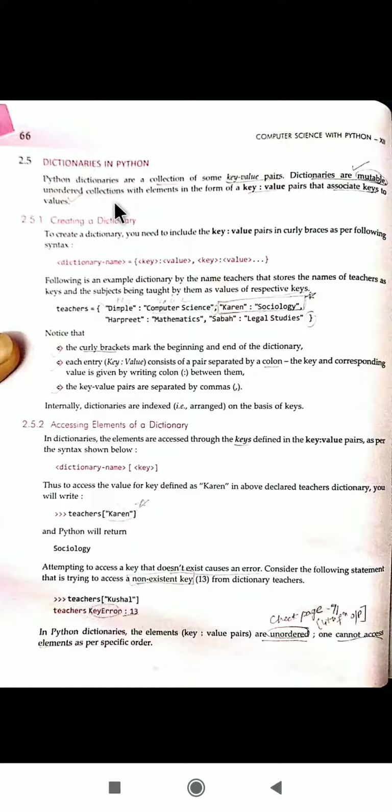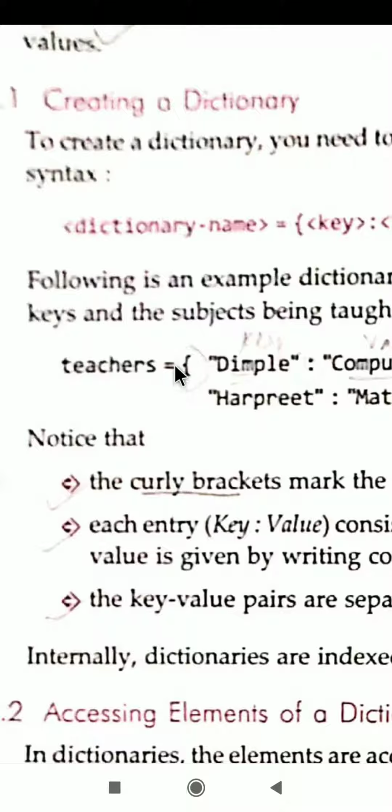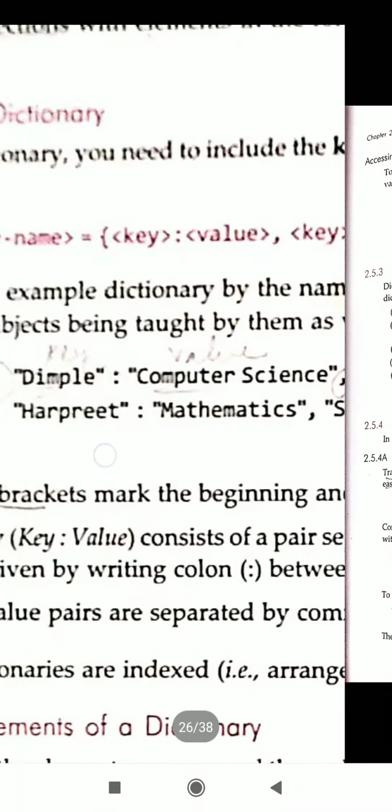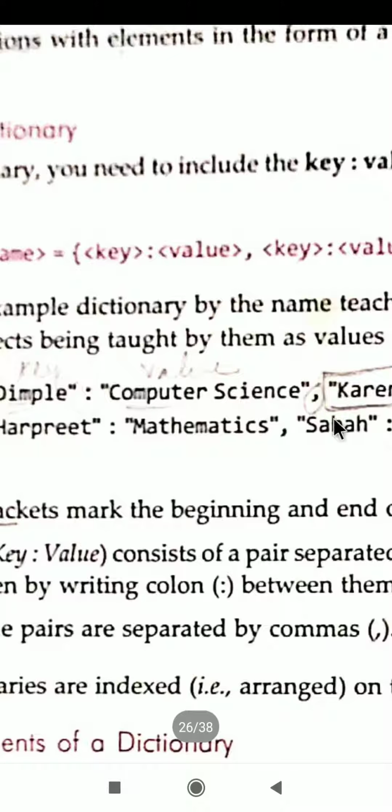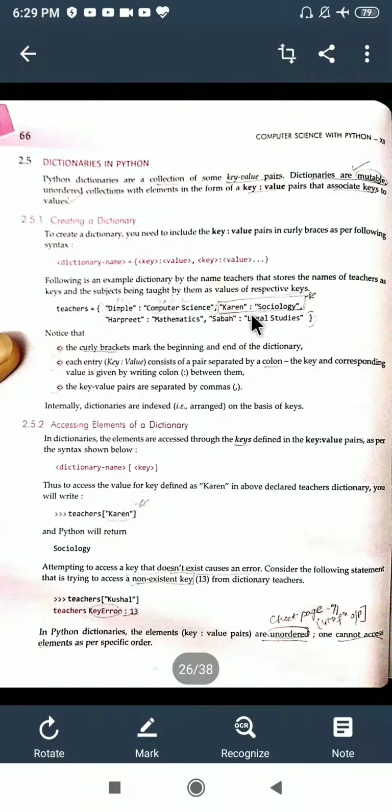Next is how to identify that we have declared a dictionary. For that, you must use curly brackets. What is the syntax? Firstly, you need to declare a variable that will contain all the dictionary data inside it. So, firstly, you will name the dictionary. Then you will write equal to, then curly brackets, then you will write key value pairs like Dimple ma'am teaches us computer science, then Karen ma'am teaches us sociology.